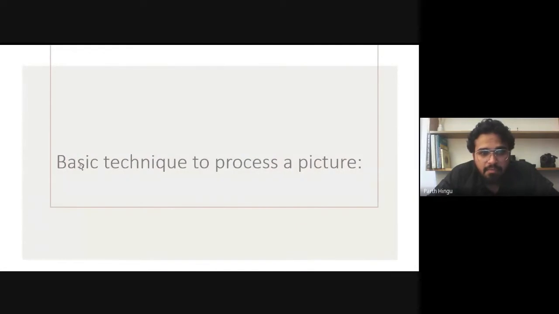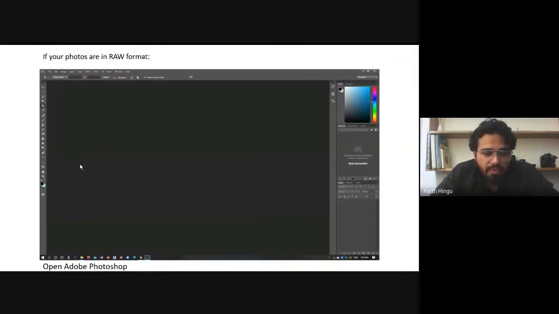Then, these are some of the basic techniques to process a picture. Architects, everyone must be using Lightroom, or Photoshop is the basic thing. Photographers use Lightroom, but basically you can use Photoshop.